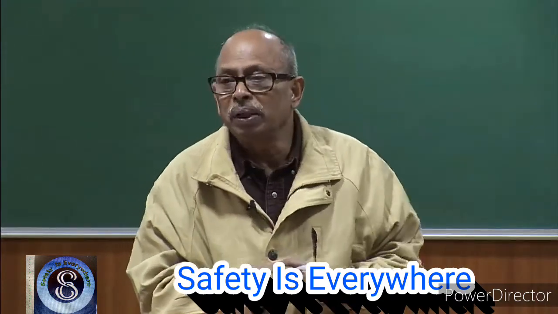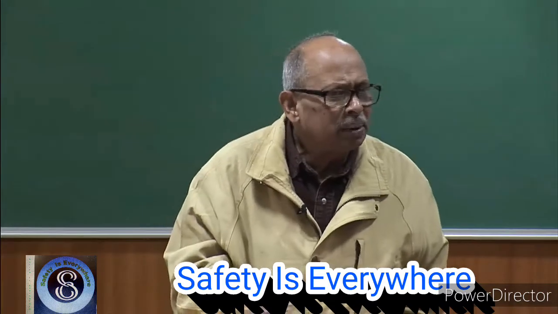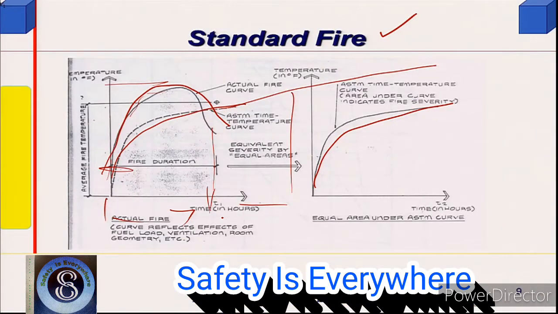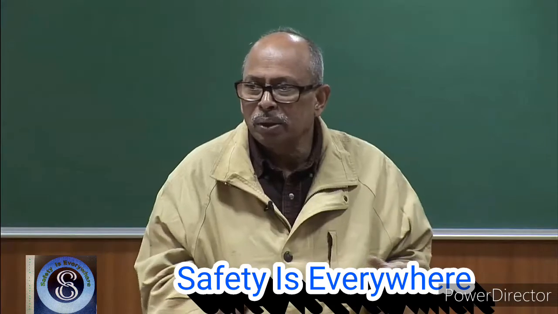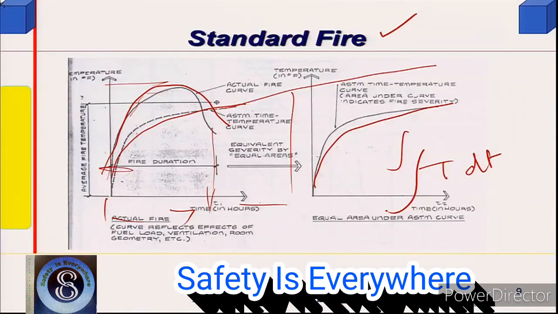Now how do you take care of this? One of the simple ways would be to integrate the area under this curve. Supposing I consider temperature T and small time dt, I want to take the effect of both. So just integrate it over the time 0 to whatever time you like. So basically the area under the curve